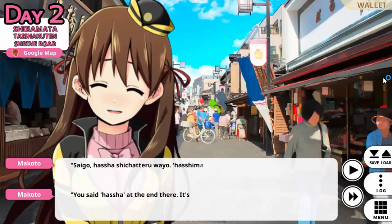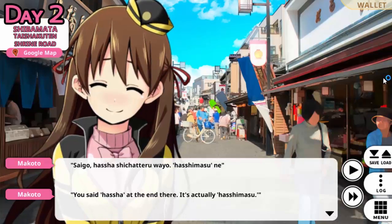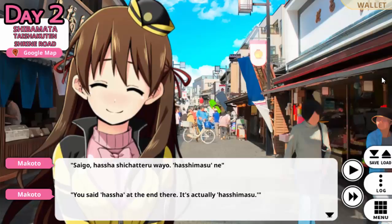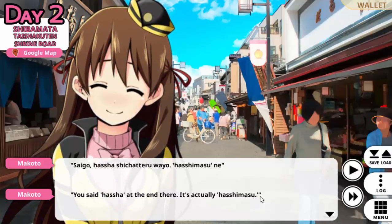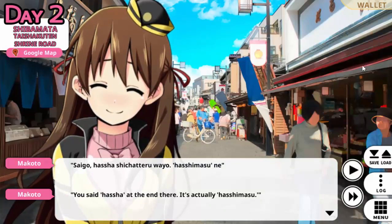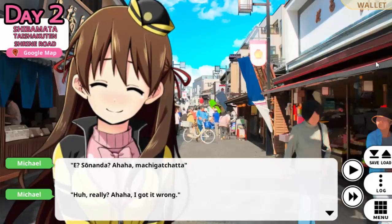You said Tasha at the end there. It's actually Hashimasu. No, don't need to pronounce it like that, do I? Hashimasu. Anytime I see Masu, the U at the end is usually silent, it seems. Well, then that's Hashimasu. Oh, really? I got it wrong. Who would have thought